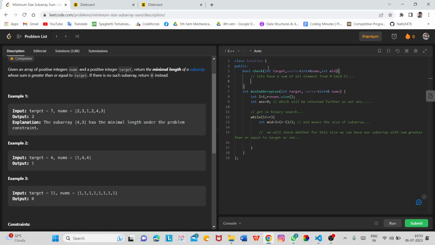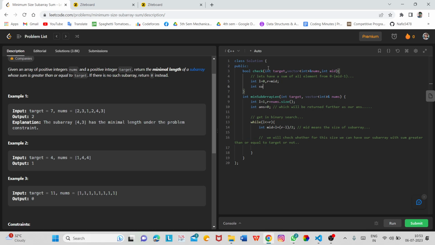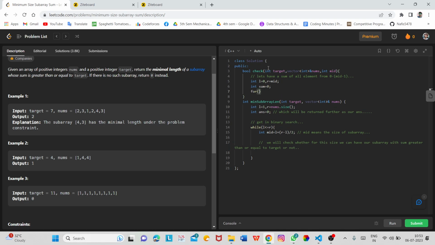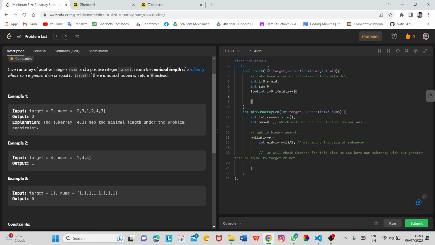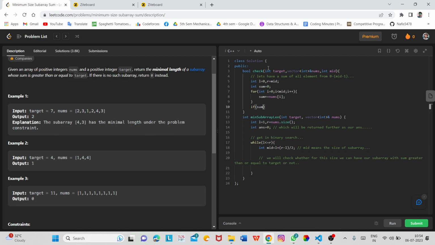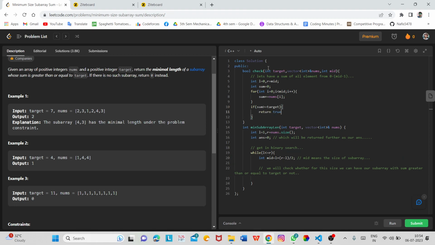For this also we have two pointers, L is equal to 0 and R is equal to mid, and int sum is equal to 0. So basically I am going to take the sum of first mid numbers, and the sum will be increased. So if this sum is greater than or equal to target, we will just return true,